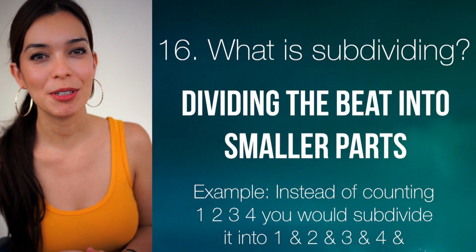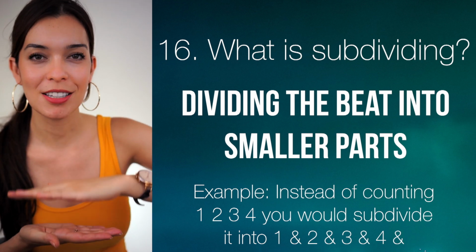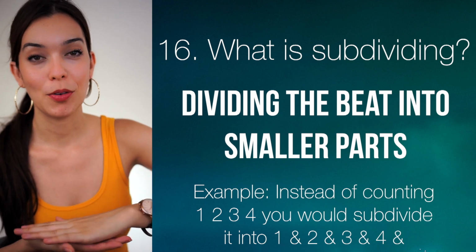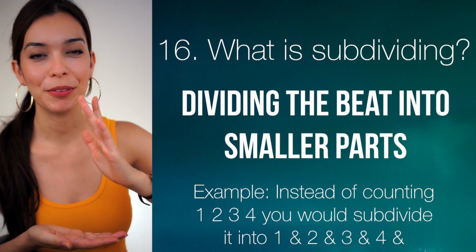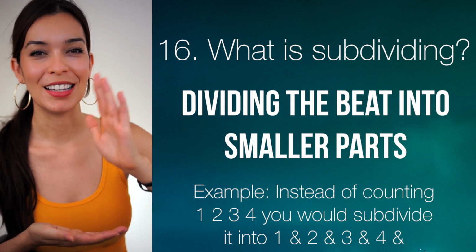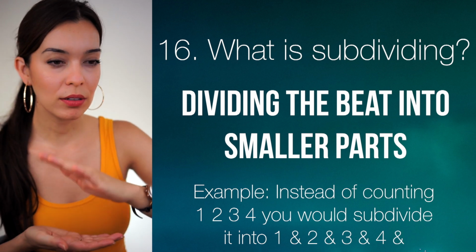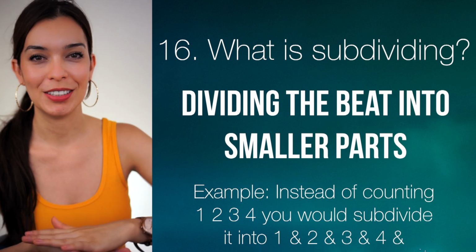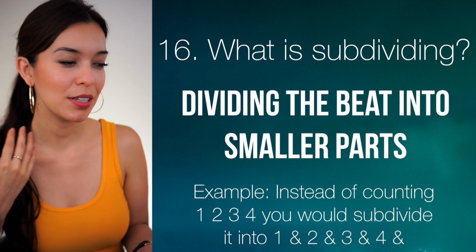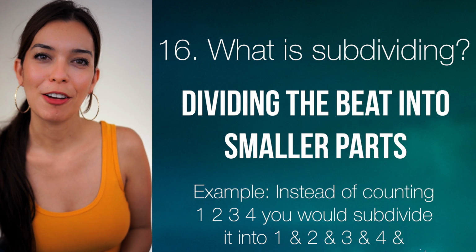Next question is, what is subdividing? Subdividing is when you have a beat and you break it up. So it's 1 and 2 and 3 and 4 and, or even more. 1 e and a 2 e and a 3 e and a 4 e and a, or what we did before, 1, 2, 3, 4, 5, 6, 1, 2, 3, 4, 5, 6. When we were doing, I believe it was Hallelujah and Can't Help Falling in Love,